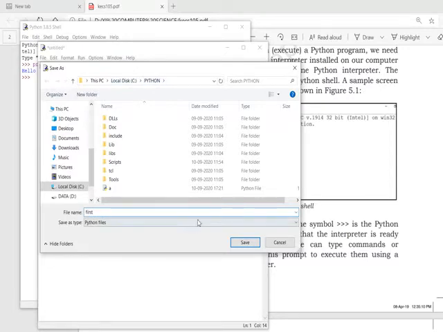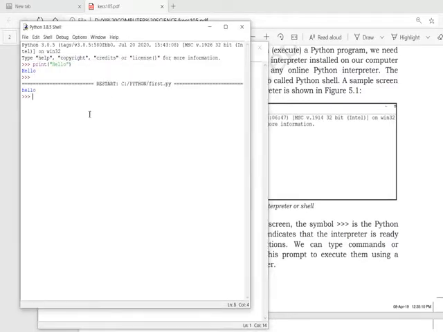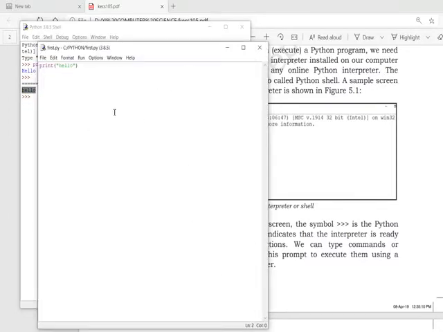By default it saves in your directory, right now in the C drive, in the Python folder. I am saving it with the program name, and after that to run you have two options: either through the Run menu you click on Run Module, or directly press F5 from the keyboard, and it prints hello. So the first one was interactive mode, and this one is from the script.